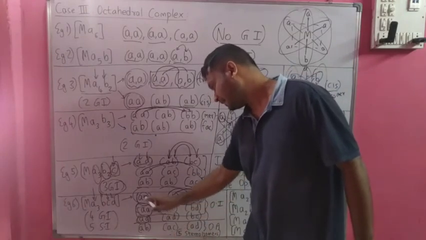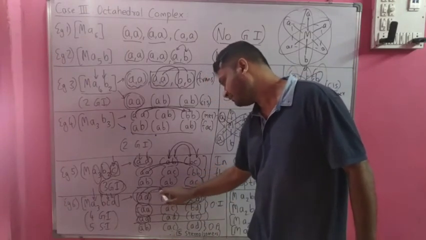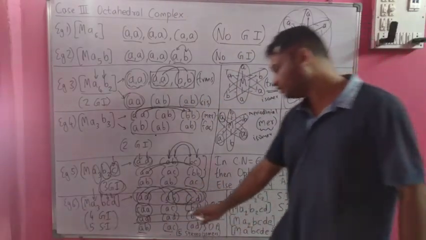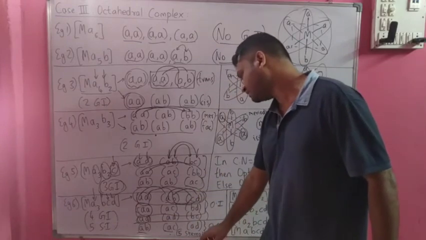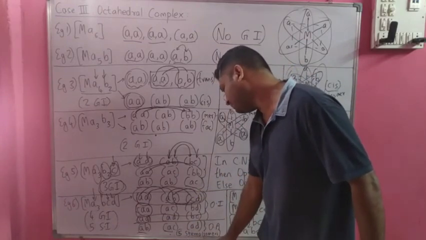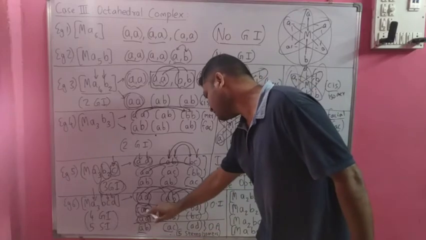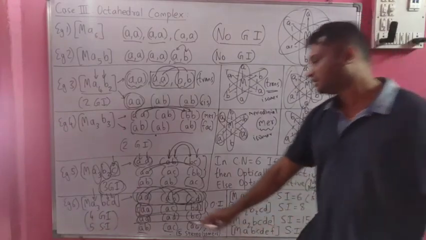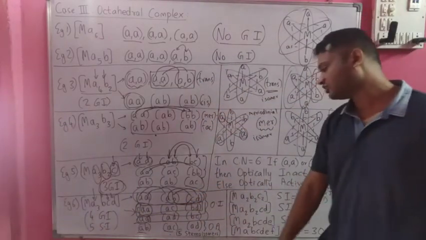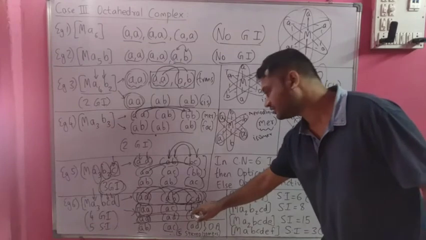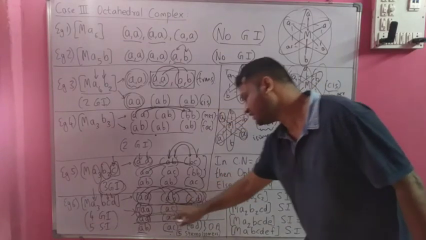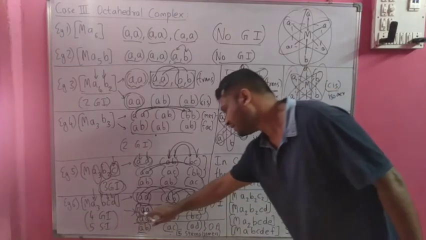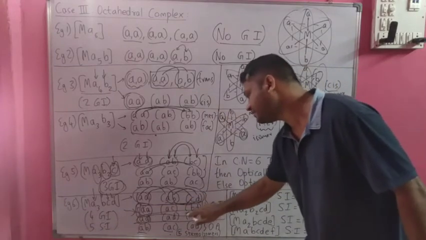Now after this, let us combine this A with A and A with B. So we'll get AB, AC and AD. So this is our new structure if I want to combine. In this case, I am taking this set and combining the first element of the first set. First element of first set combines with first element of third set. Second element of first set combines with second element of third set. So we get AB, AD, AC.